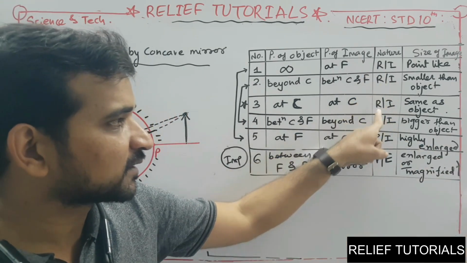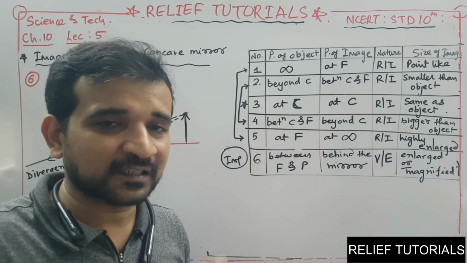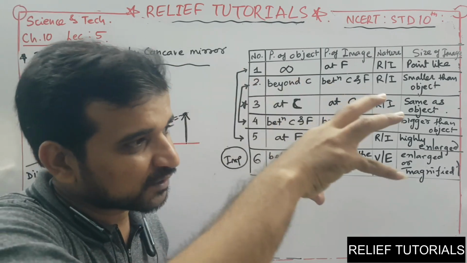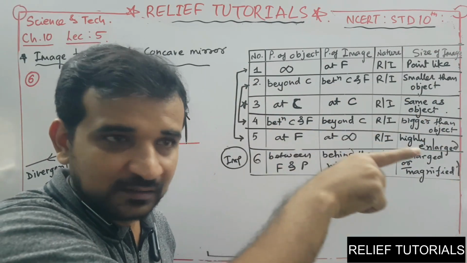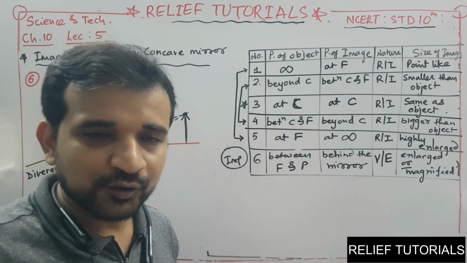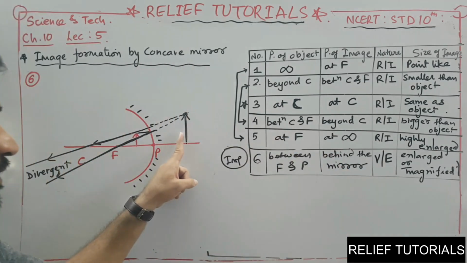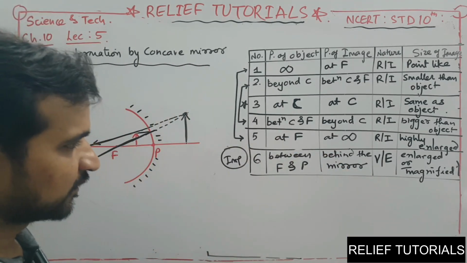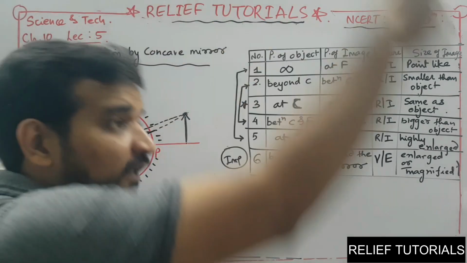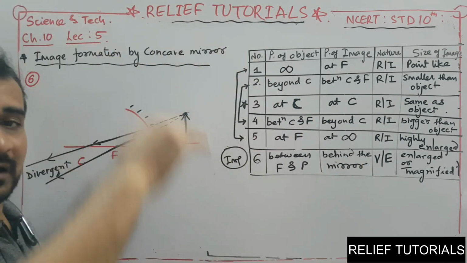The real images are always to be captured on a screen. Just like we see the screen in the cinema hall, theaters, that the projector is projecting the picture on the screen. So those were the real images. Virtual images can be seen behind the mirror always. So look at this image, it's behind the mirror. Consider yourself here. If you are standing here in front of the concave mirror, let us consider I am here, I am standing in front of one of the concave mirrors.